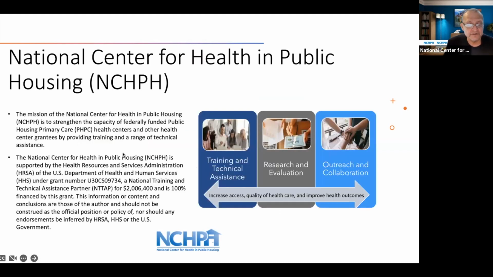The National Center for Health and Public Housing is funded by HRSA to provide training and technical assistance to community health centers, even though we focus on those health centers located in or immediately accessible to public housing. We provide training to the 14+ health centers across the nation. Fide has shared 2